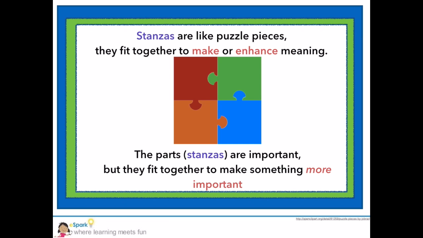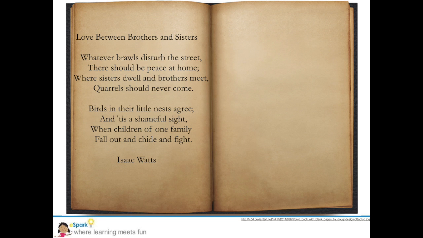Let's look back at our poem by Isaac Watts. Follow along as I read. Whatever brawls disturb the street, there should be peace at home. Where sisters dwell and brothers meet, quarrels should never come. Birds in their little nests agree, and 'tis a shameful sight when children of one family fall out and chide